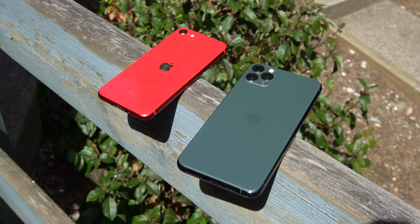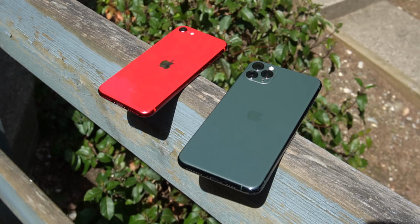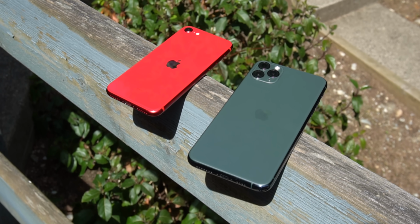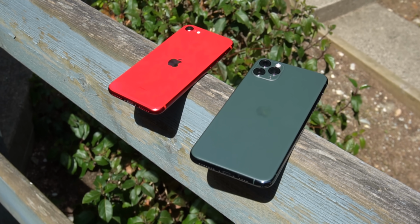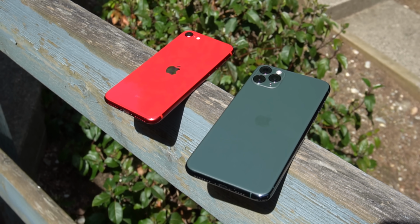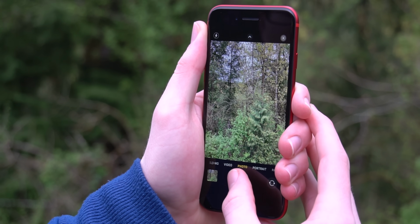Battery life is going to be drastically different on these two phones. The 11 Pro and 11 Pro Max are amazing and will last you all day plus some. My 11 Pro Max often will last me 2 days and could probably push a bit more if I needed it to. The iPhone SE on the other hand has a much smaller battery, and with that comes worse battery